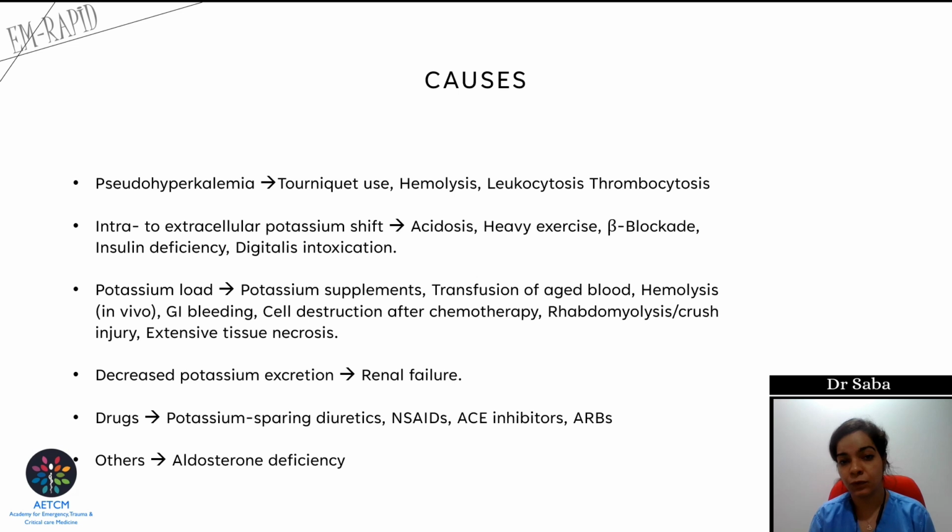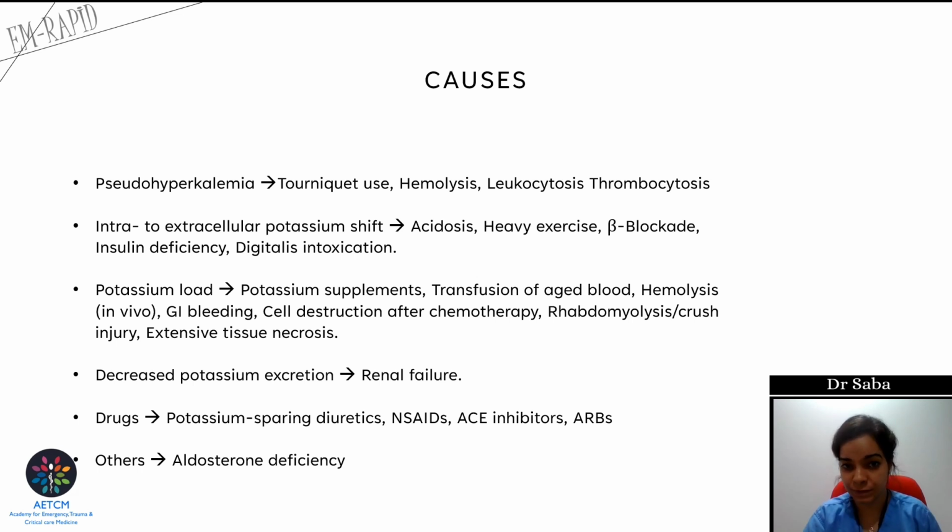Now, once we find out that the patient has hyperkalemia and pseudo-hyperkalemia is ruled out, there are other causes for potassium increase in the body, and that is majorly because of intra- to extracellular potassium shift, caused by acidosis or heavy exercise, or because of beta blockade and insulin deficiency. Like we discussed earlier, beta agonists and insulin cause potassium to shift from the extracellular to the intracellular compartment, causing hypokalemia. Now, when their action has been restricted or blocked,